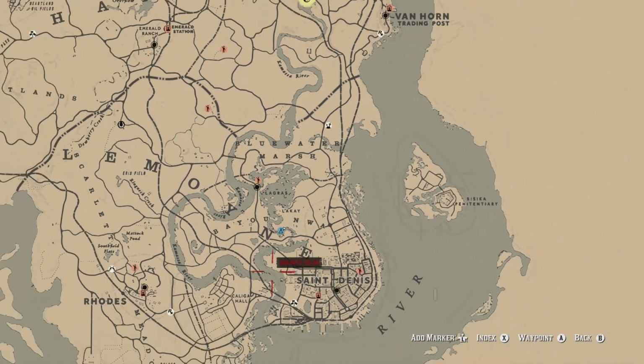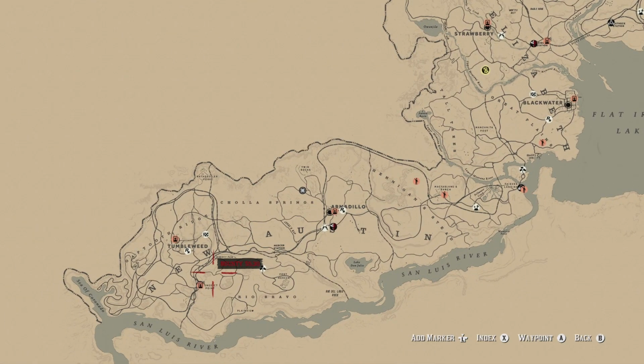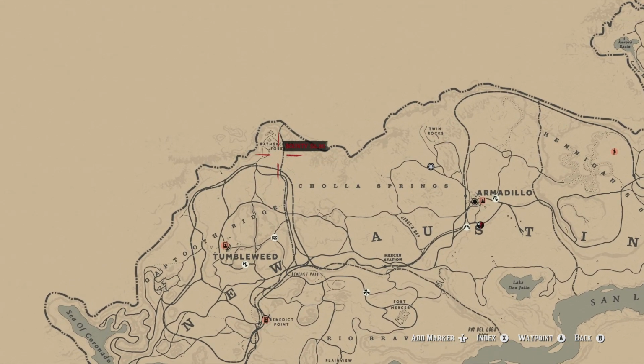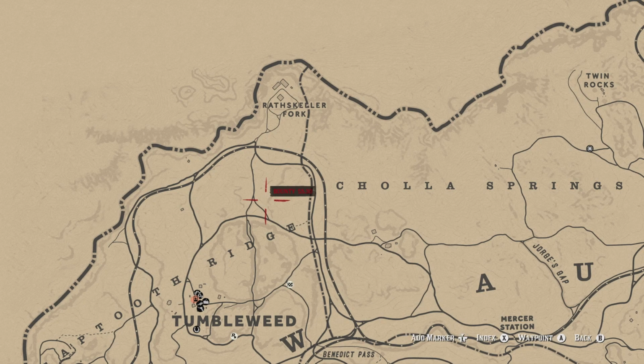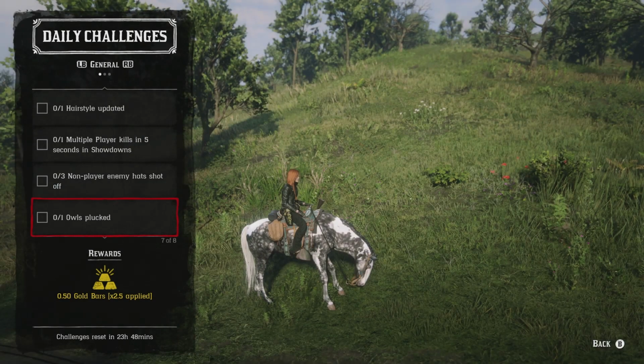Now, obviously, you can only do that during the nighttime, but another option, if you guys aren't by Saint Denis or the Blue Water Marsh area, is actually pretty much in the northern part of Tumbleweed. You can actually find owls up in here also. So kind of like the northern part of Gaptooth Ridge as you're getting closer to Roanoke Fort. Also find them at nighttime hours. So I typically find them like right about here is where I usually go. All right, the last one for the day is going to be...